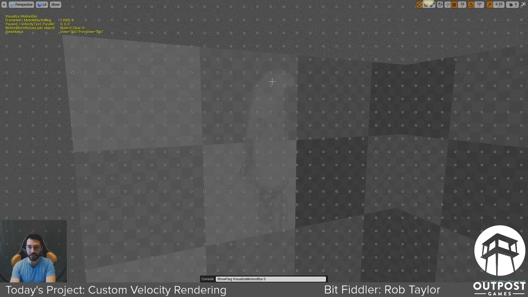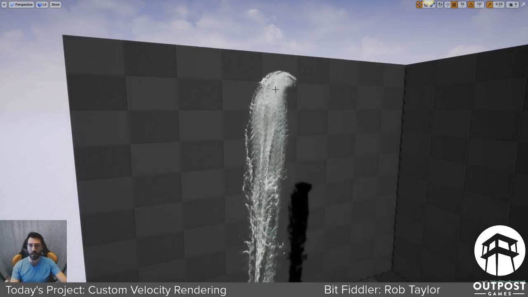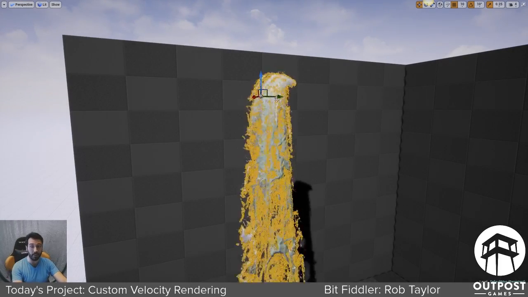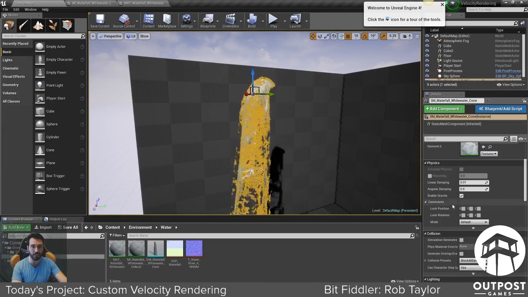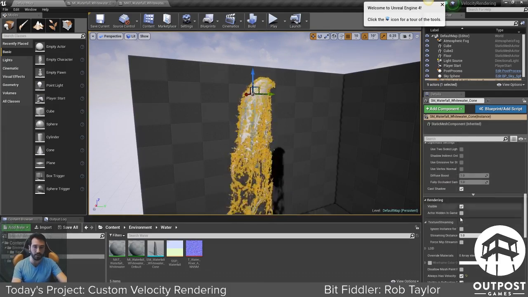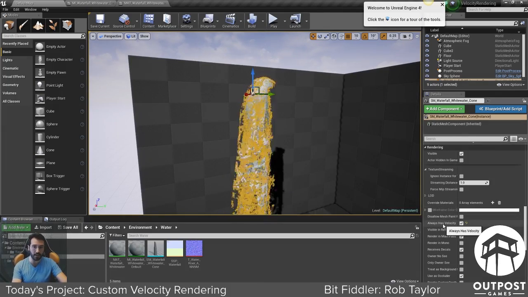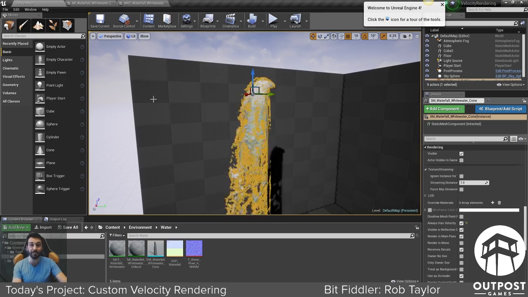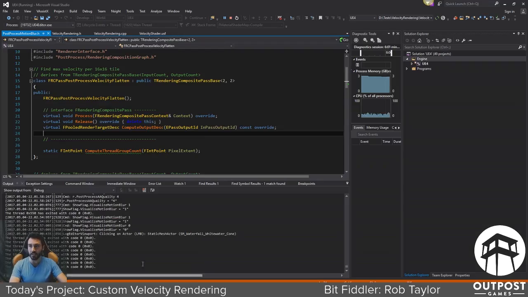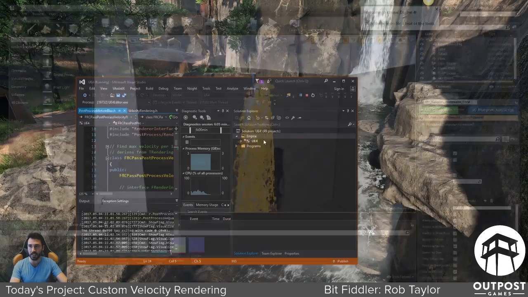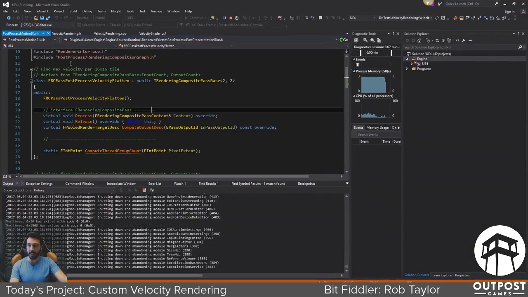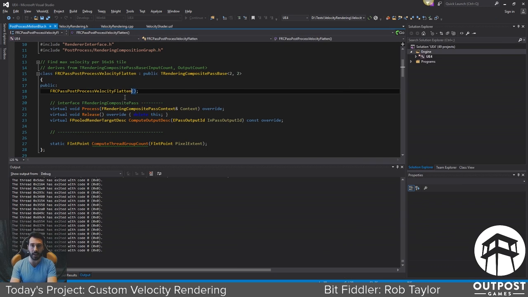And we did the first step that was required, which was we added that Boolean flag to the static mesh component that said, always render velocity. So it's right here, always has velocity. That's set, but that's doing nothing right now. So what we need to do is, let's close this out. Did I change that material? I don't think I did. We're going to look back at static mesh